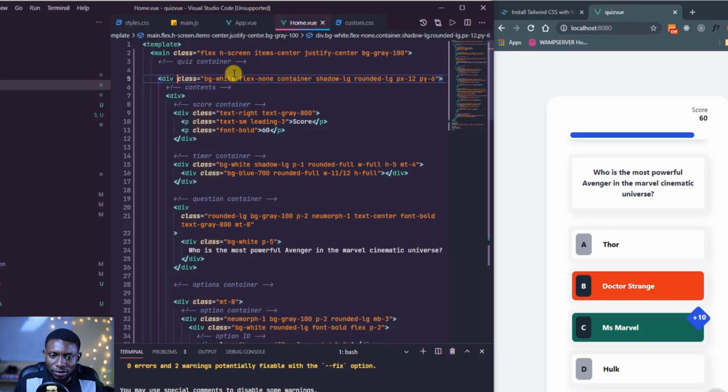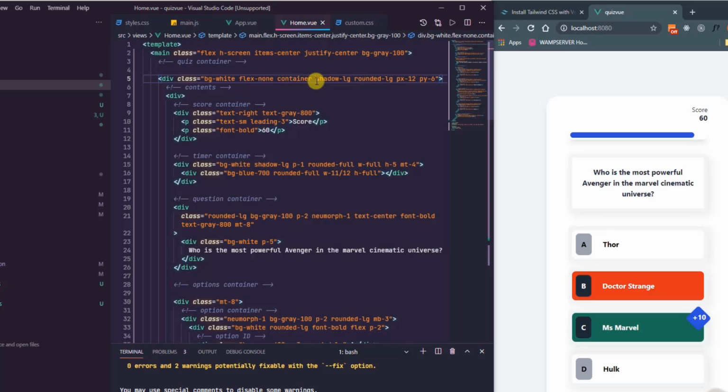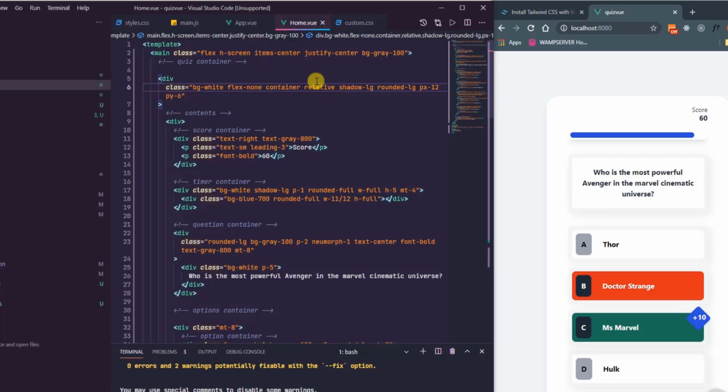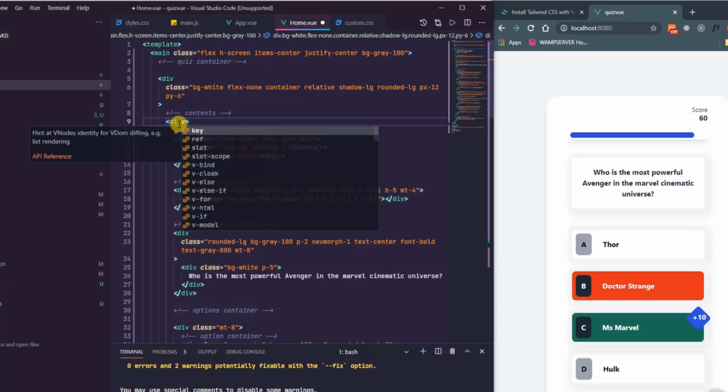Okay, so for this quiz container, I'm going to give it a position of relative so that we can position the things inside it, and then it's going to act like an anchor. So our content is going to have a class, and we're going to give it a position of relative,